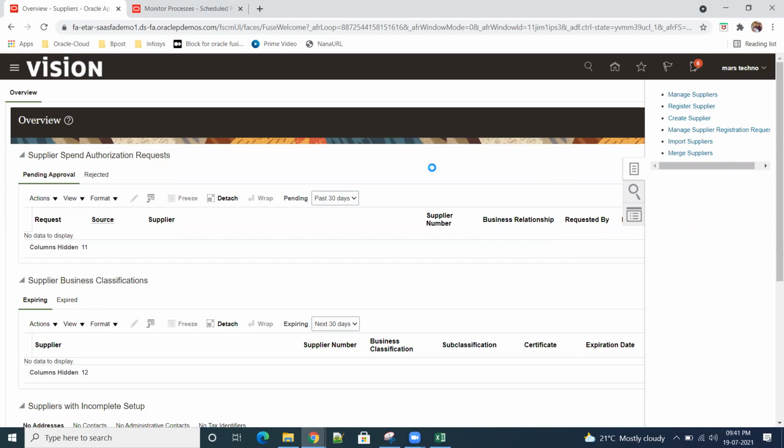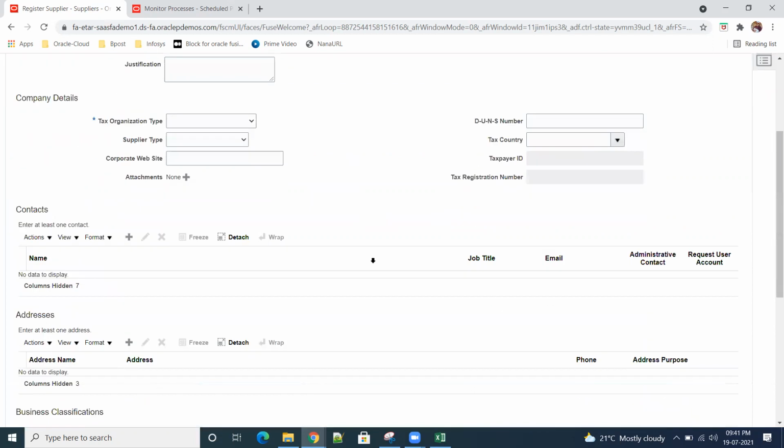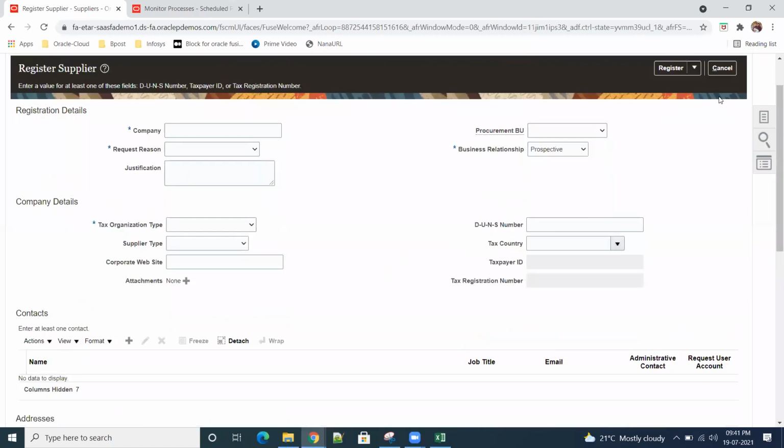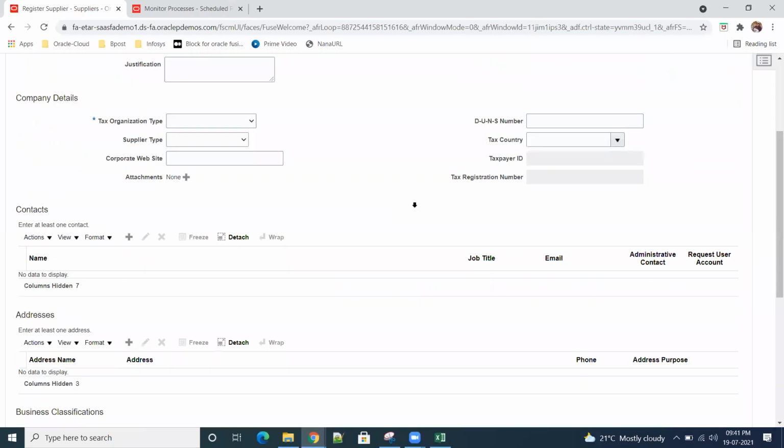So if you click on registered supplier, here is whatever registered suppliers we have, right? This registered supplier is nothing but internal registration. What they usually do is the supplier will provide the information for us, like for a company. So the company people will create the supplier. Whereas we also have external suppliers.